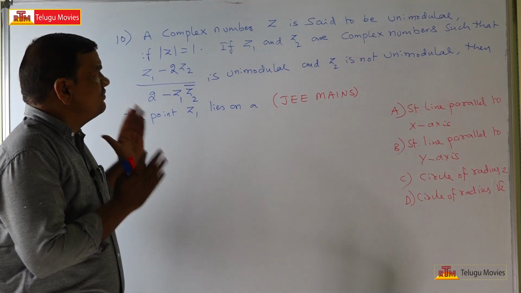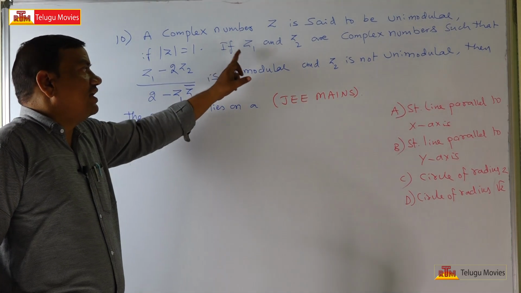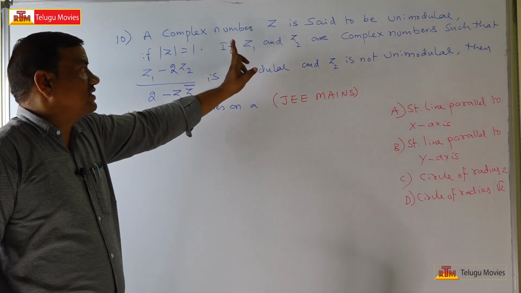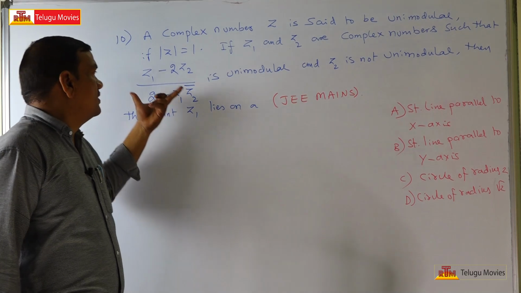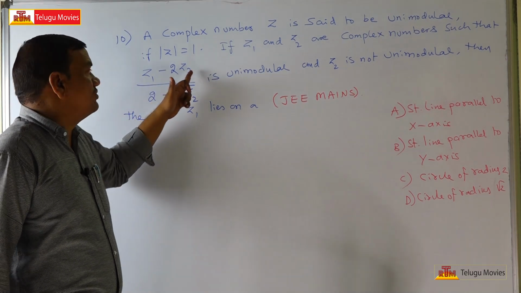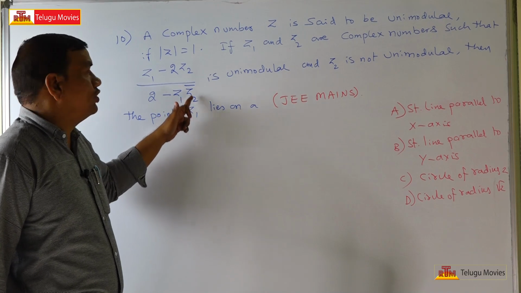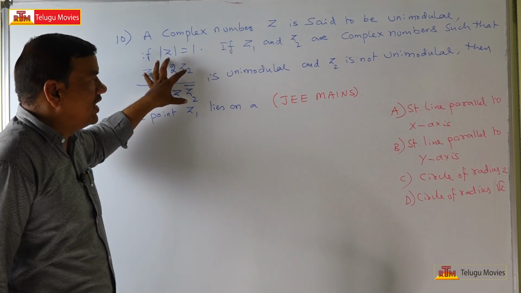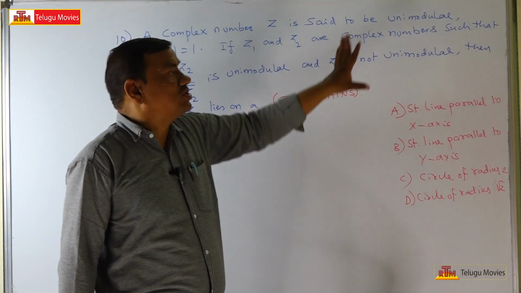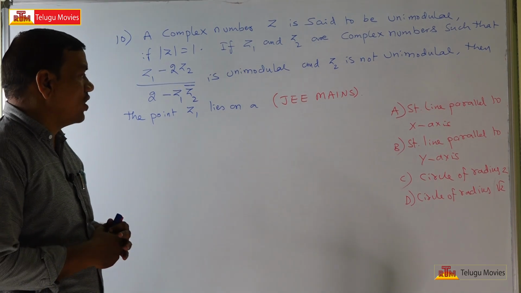That is the first thing, he has given one definition. If z1 and z2 are complex numbers such that (z1 minus 2 z2) upon (2 minus z1 z2 bar) is unimodular, and z2 is not unimodular, then the point z1 lies on